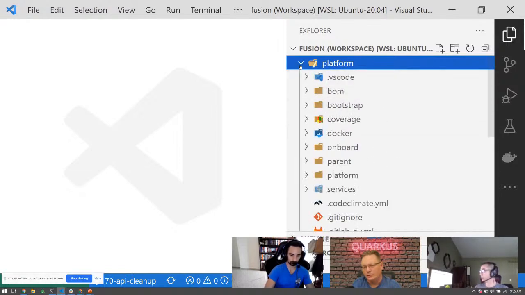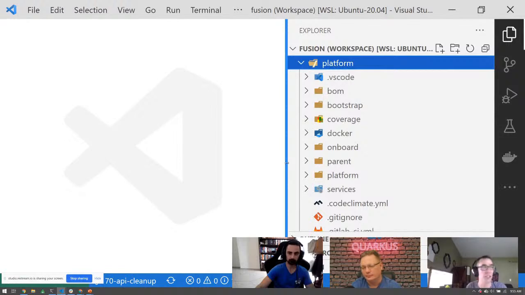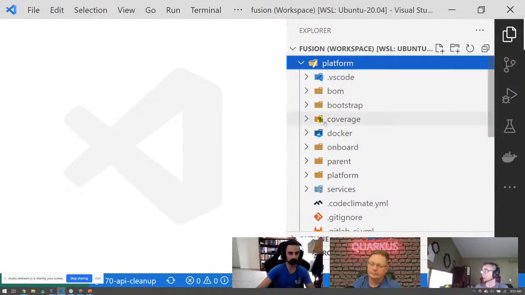And are you using the Quarkus extensions or just plain Java? I have it in there, but I don't know if I use it very much. The point being that it was so simplified that VS Code didn't go crazy with the Maven dependencies. It literally looked at it as a standard Java project, and I do everything in it now. I don't even know the last time I've opened up IntelliJ.